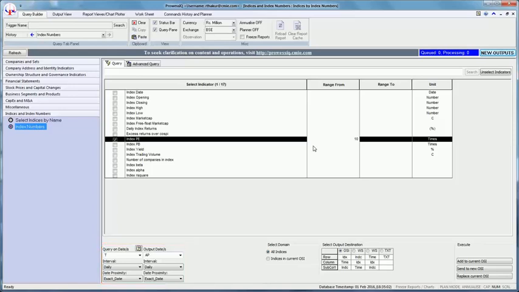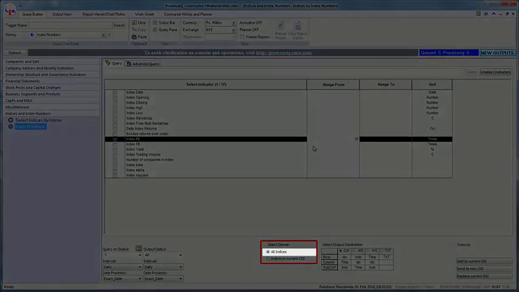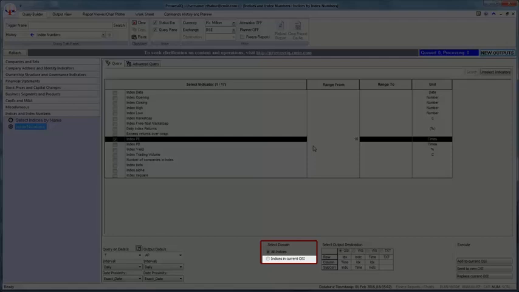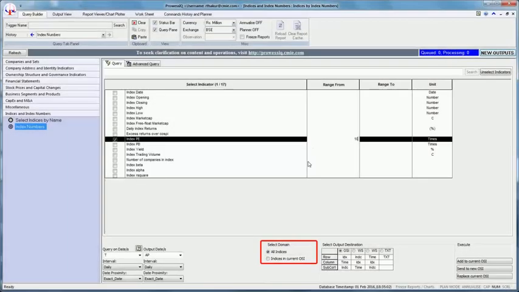The fifth step is to choose the appropriate domain from the two domains available, All Indices and Indices in Current OSI. The domain All Indices conducts a search over all the indices available in the Prowess database for which index numbers are available. The domain Indices in Current OSI conducts a filtering on the indices available in the current output sheet. Let us select the domain Indices in Current OSI since we already have NSE segment and sectoral indices in